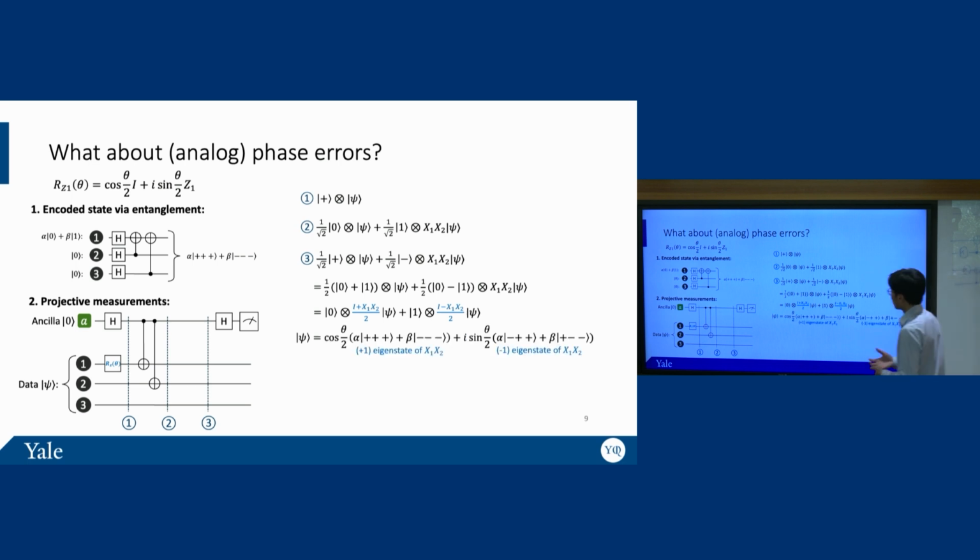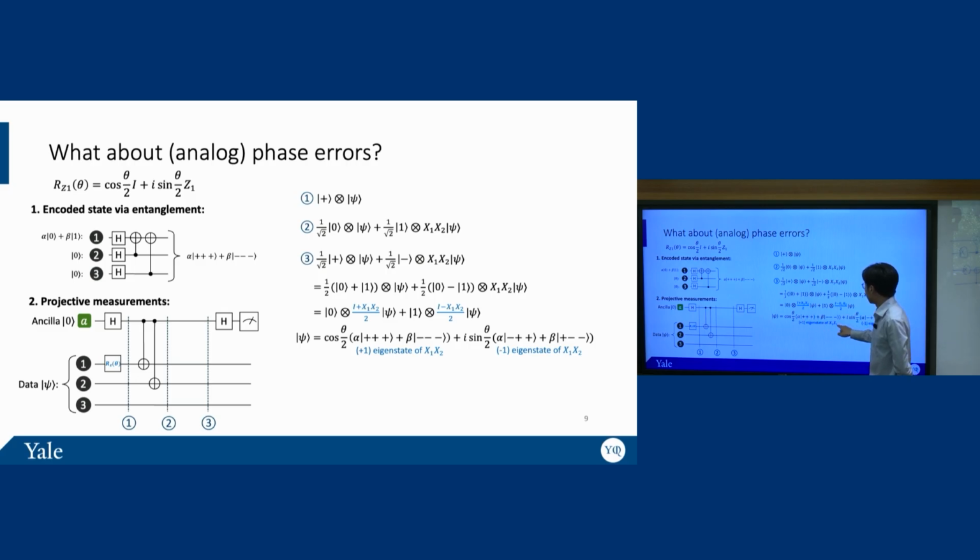Now let's take a closer look at what the quantum state psi is. Let's start with the ideal encoded state, applying the rotation on it. That's exactly what I did here. Expanding it into the different bases, you'll notice that I annotated here that this is exactly the ideal state, or the +1 eigenstate of x1, x2. By that I mean if you apply x1, x2, the bit flips of the first two qubits, it does not change the quantum state. Okay,